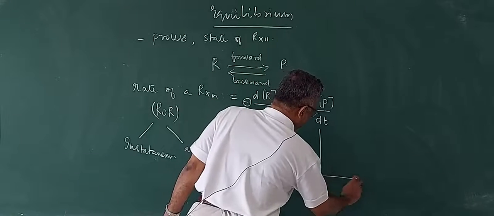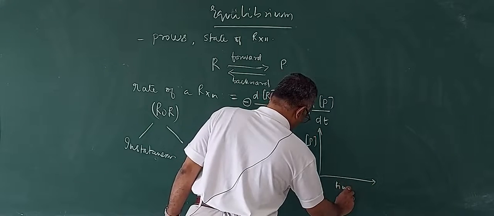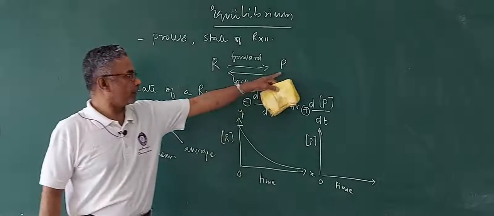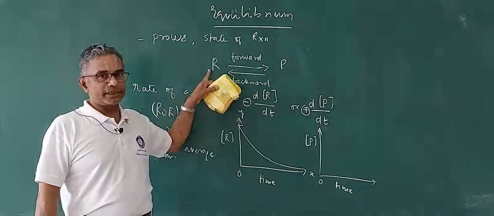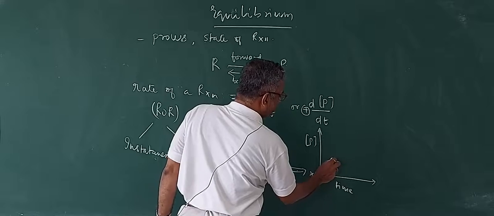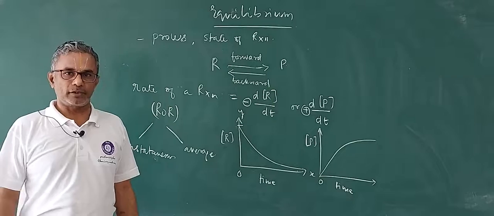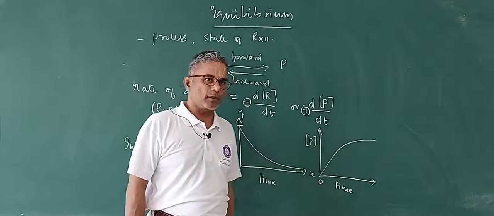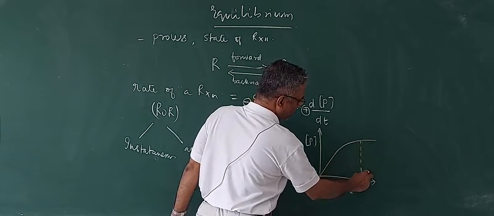Similarly, when you plot the concentration of product with respect to time, at 0 time the product will not be formed before the start of the reaction. Once the reaction has started, more and more reactants will be converted to products. Then with increasing time, the concentration of product will increase and it will become almost a plateau. Once all the reactants are exhausted, you will have almost a plateau. It is not exactly a plateau, it is almost a plateau. So, you have the maximum amount of product formation in a certain amount of time here.